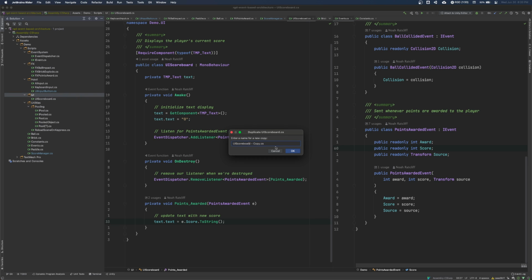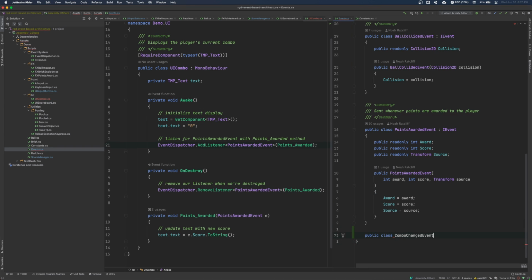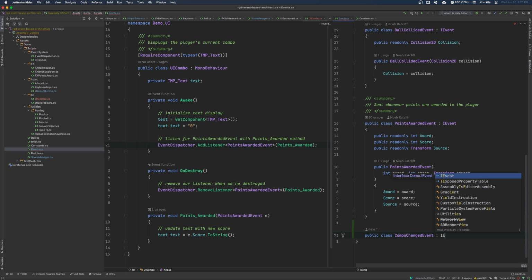Forgive my sins a little bit, but so we'll say UI combo, and in UI combo, we will listen, instead of for reports awarded event, we will listen for a new event called combo changed event. Hey, look at that. We're gonna do a changed event.